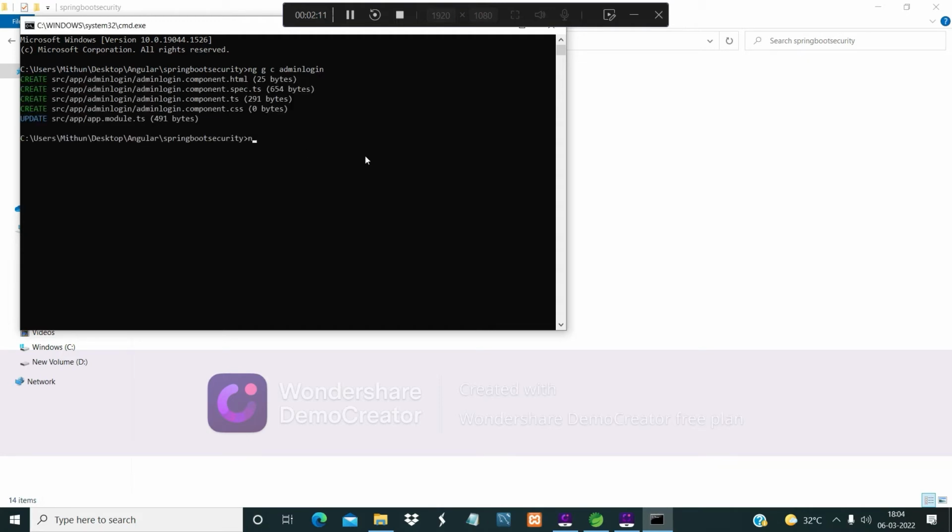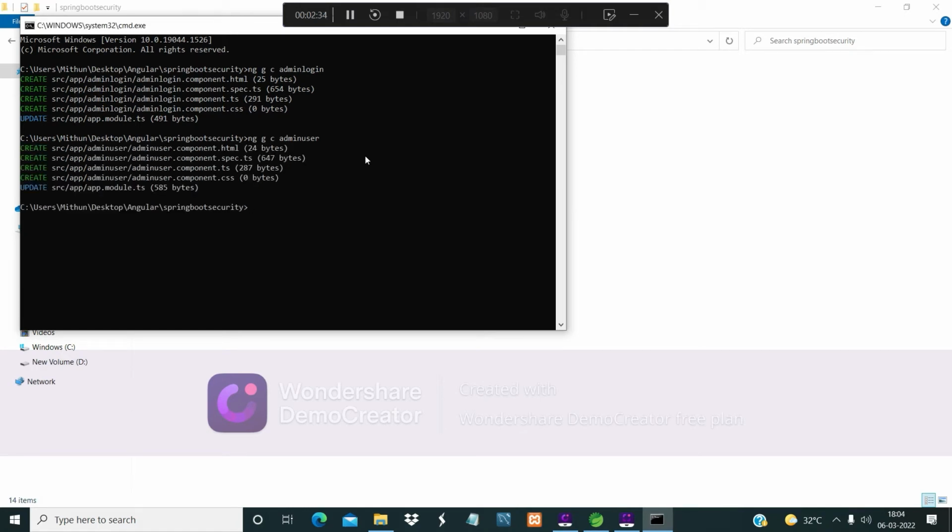The second component will be ng g c admin user. It will be for creating the user, adding or CRUD for the user. Then we will create a user login page, user login.